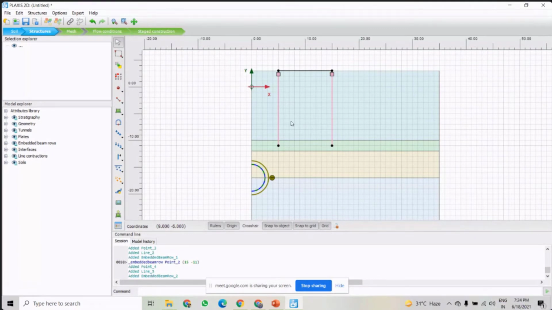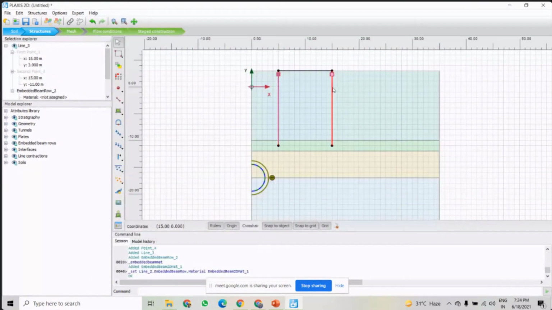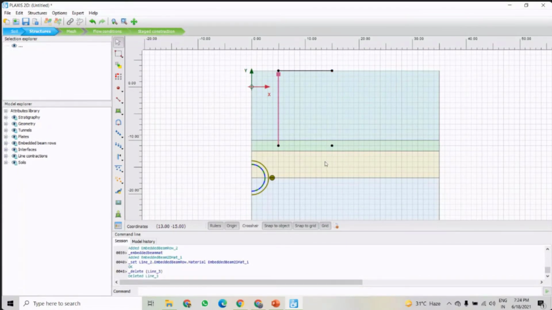Now again, we have to give the property of these piles also, this embedded row also. You can see the behavior is the pile, and the property we can give through this plus option. And one more thing is there. If we want to create the same piles with the help of the command option, that is from here.